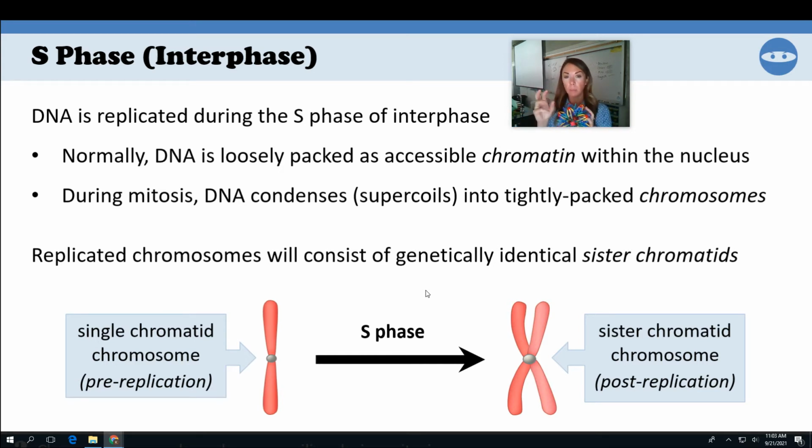It's loosely packed with chromatin in the nucleus, so it's kind of all over the place, right? This is how DNA is before it's moved, kind of loosey-goosey all around before it divides. And then in mitosis, because I need to copy and divide, it tightens into chromosomes. It becomes very visible, very tightly packed chromosomes. It super coils around the chromatin, so it gets all tightly packed.